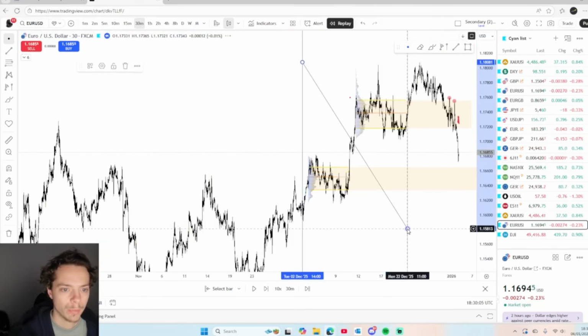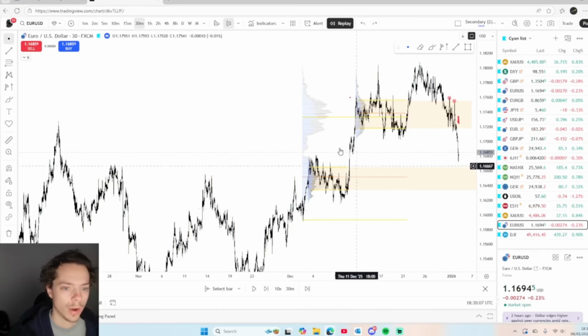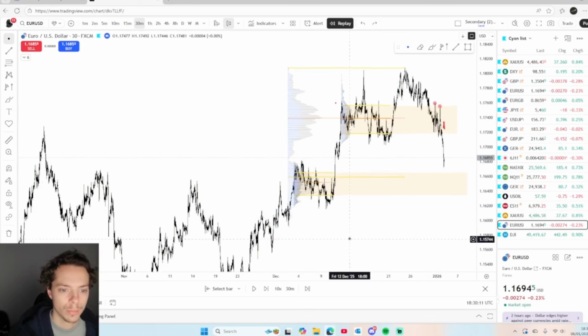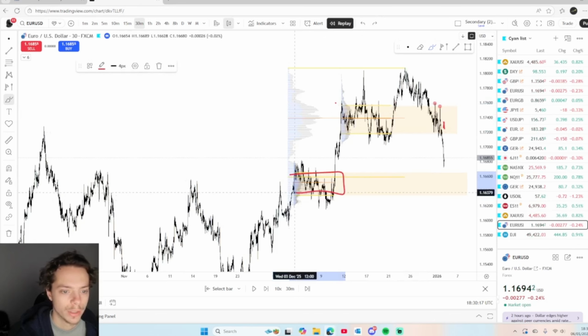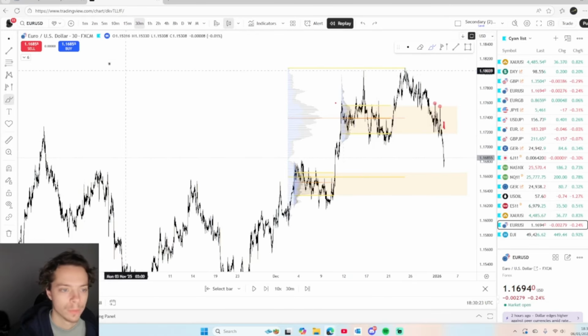So you can see what I've basically done is we've already got our higher time frame area. We've identified this is high volume, this is high volume. We've then gone a bit more in depth and actually drawn on our fixed range volume profile onto this range and onto this range. So as I said, see where the actual specific value area is and where the point of control is. Right, so